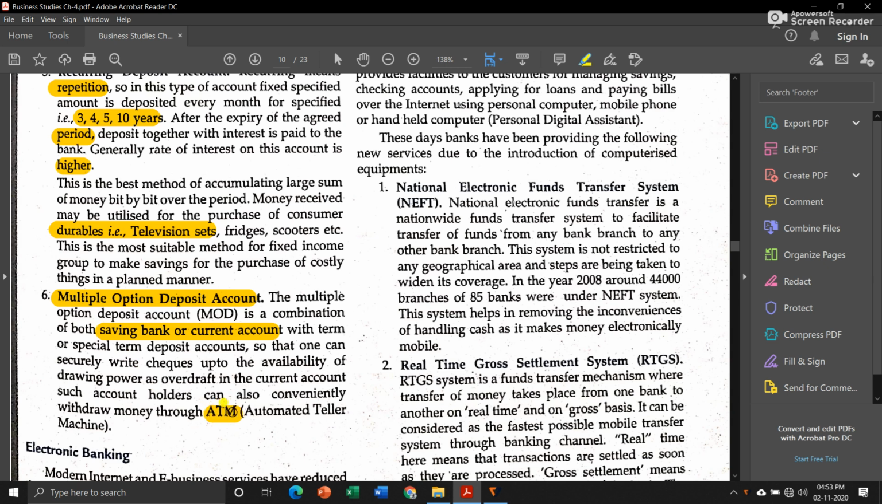So these were the 6 types of accounts that you can open in a commercial bank. I hope you have understood this one, and